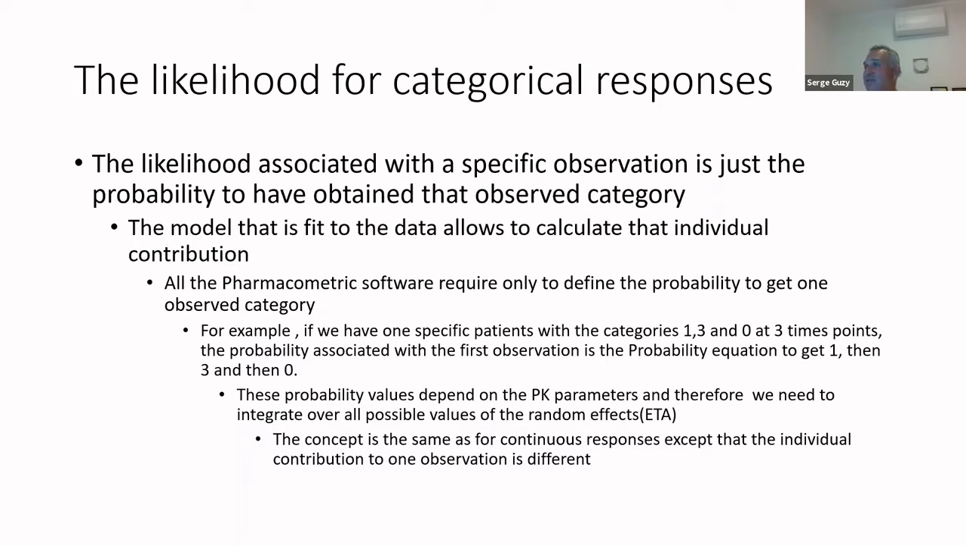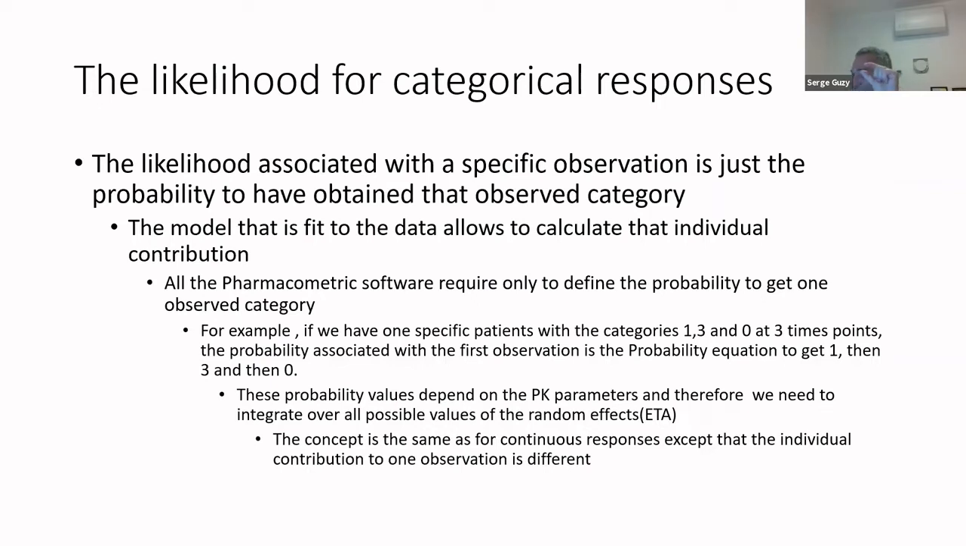And from this, if I change A, B, D, and E to see what is better, A equal 1, 1, 1, 1, or for example, A equal 1, B equal 0, D equal 2, and E equal 3. You do that when you define what is called the likelihood associated with a specific observation. For categorical response, it is just the probability to have obtained that observed category. In other words, if you observe a category of 3 for a specific individual at a specific time,